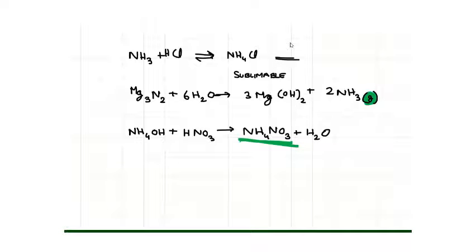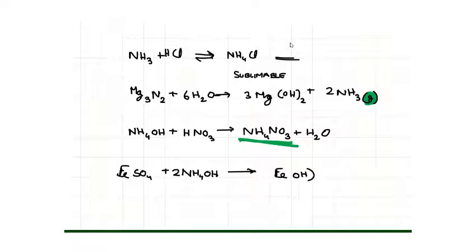We have SO4 or sulfate form of any metal, say iron, plus ammonia salt or ammonium compound NH4OH, ammonium hydroxide, gives us Fe(OH)2. This is a double displacement reaction as well as a precipitation reaction because we have Fe(OH)2 as the precipitate and (NH4)2SO4 as our solvent or aqueous form.